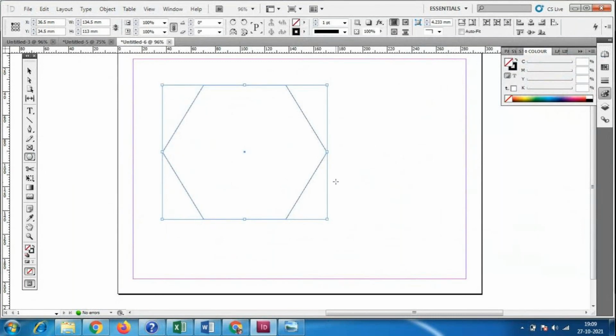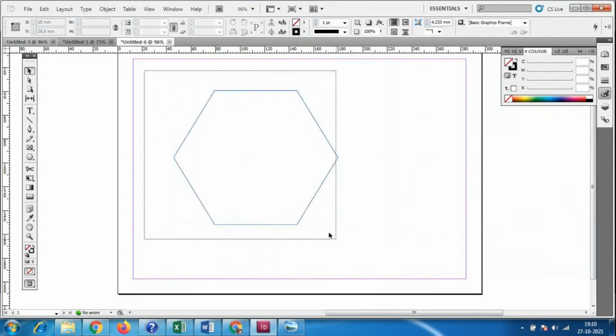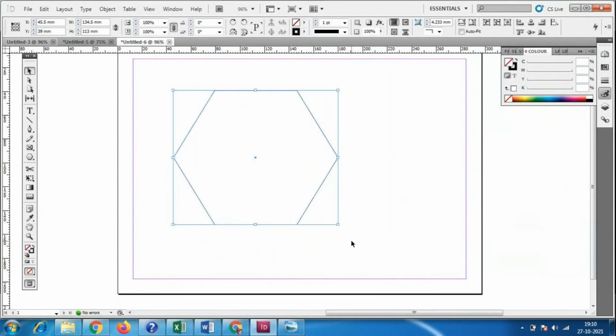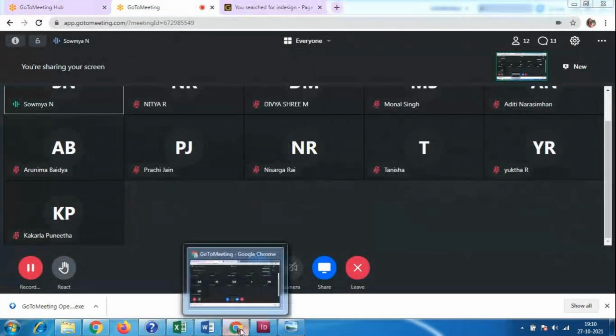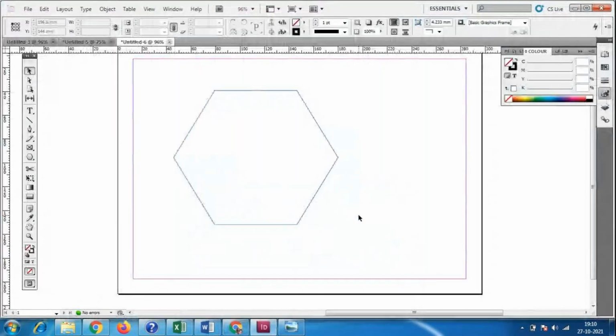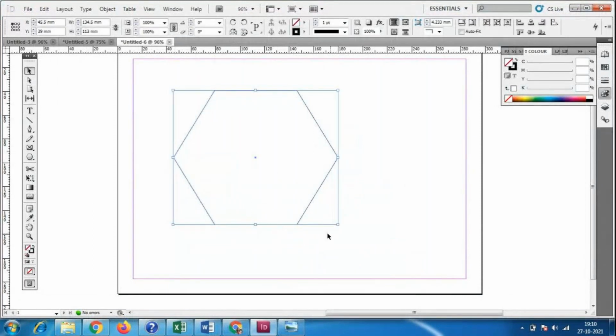Using the selection tool, we take this, and sometimes it doesn't select properly, so you have to select it like this.